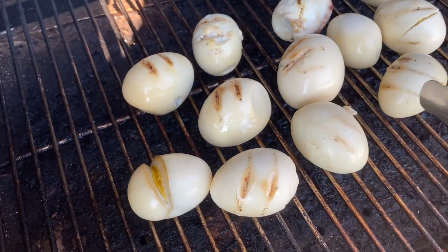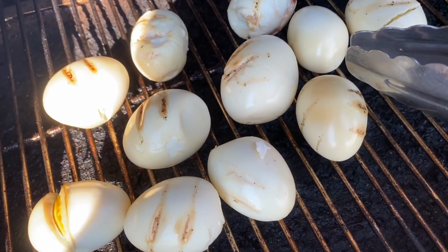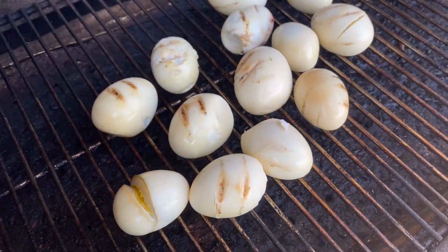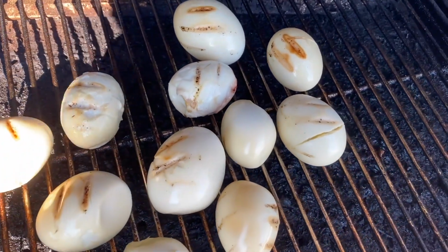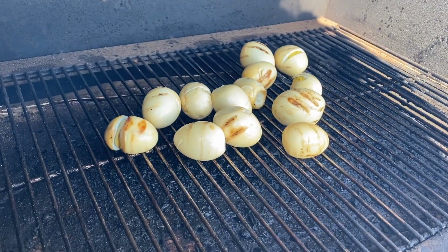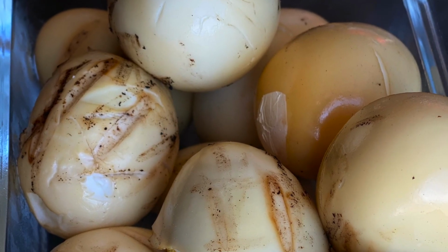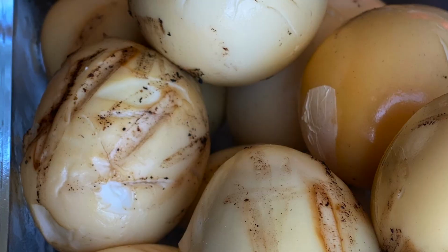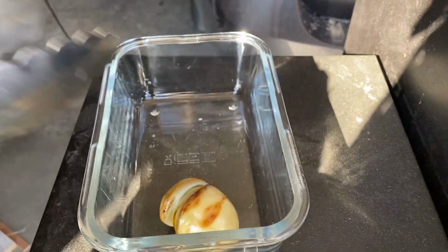So I'm gonna let these go just a little bit longer. I like them a little bit more brown, kind of like this right here. So we'll let them go a little bit longer. All right, this looks like the perfect color, nice and brown. And I'm going to take them off and put it right into my